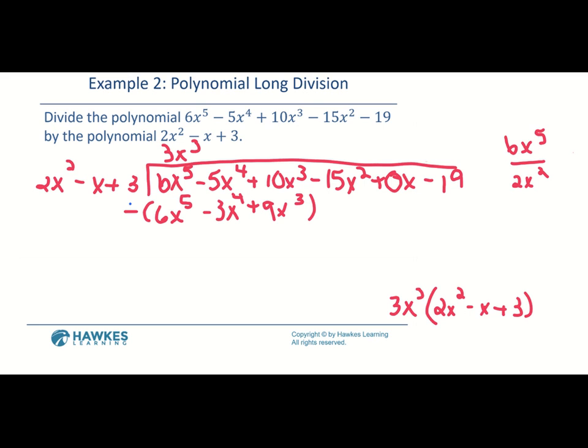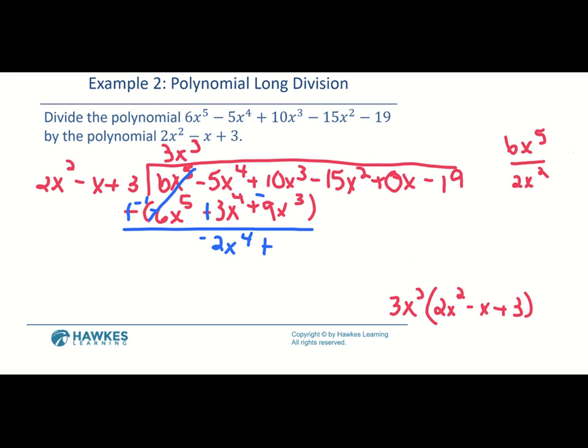All right, now again, remember we have to distribute that negative sign. So that means that this will become a plus. We have that negative one there, so that's a negative. That becomes a positive, and that becomes a negative. Now let's do our math, and again, these first terms, they cancel out. Excellent. Next, negative 5x to the 4th plus 3x to the 4th will give us negative 2x to the 4th